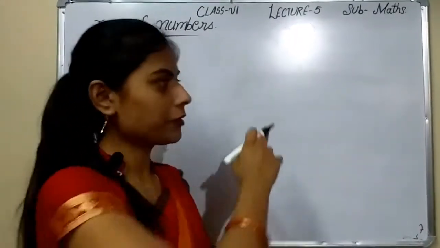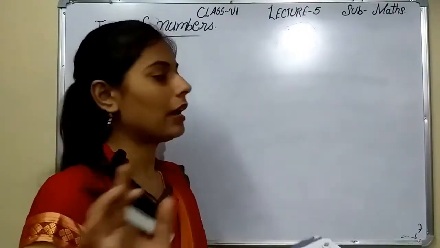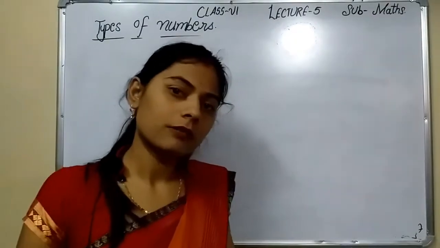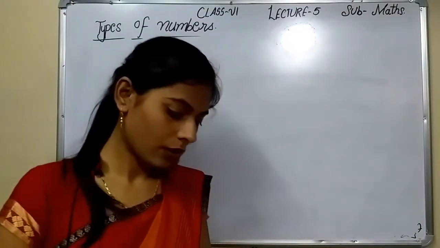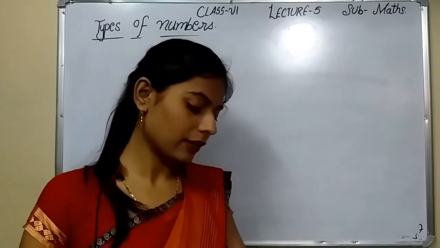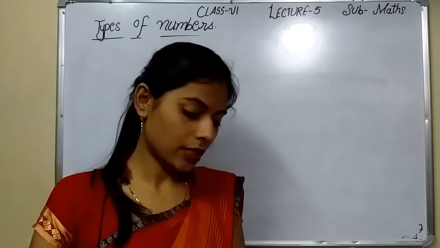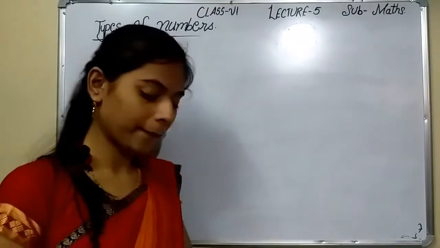See, I have already explained prime numbers and composite numbers. From this table you have to tick out, from 1 to 100, which are the composite numbers and which are the prime numbers. Okay. Now see, you have to read out the steps given here. Step 1, step 2, step 3, step 4, 5, 6. Then you will get the table given below here.